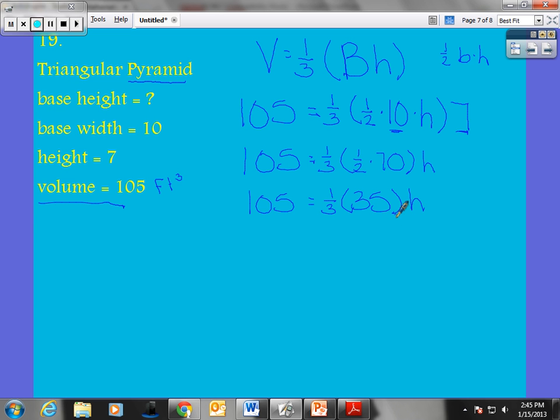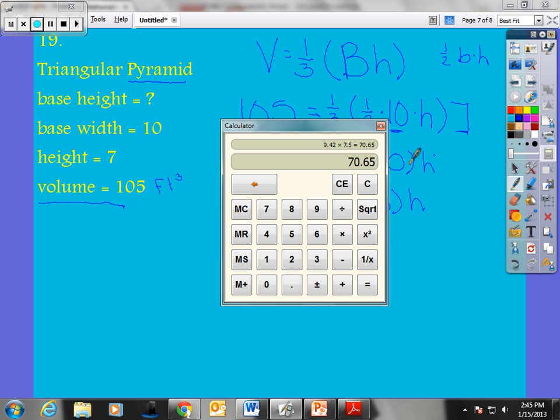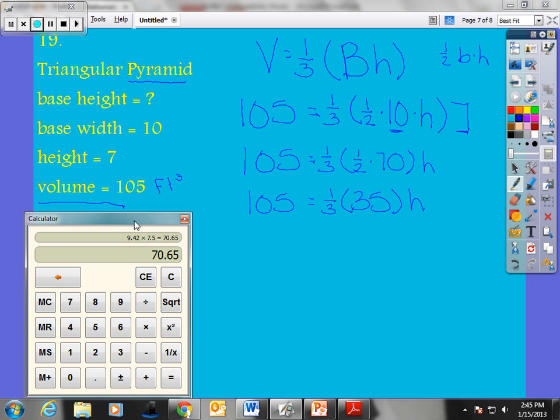Okay? I couldn't really tell you off the top of my head what is 1/3 of 35, so I'll steal my calculator here. I will go 35 divided by, because I can't really put a fraction in this, divided by 3 equals, okay, ugly number. All of you notice, all these numbers ask me to round to the nearest tenth, I believe. So what I'm going to do is instead of rounding nearest tenth, I'm round nearest hundredth. So this becomes 11 and 67 hundredths